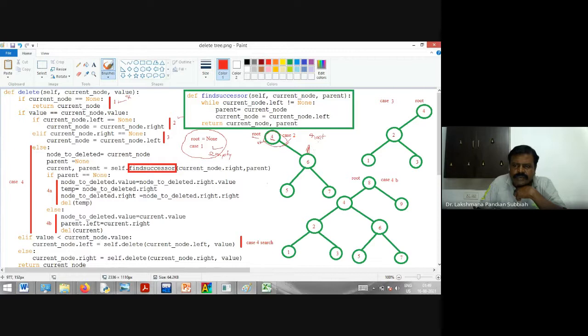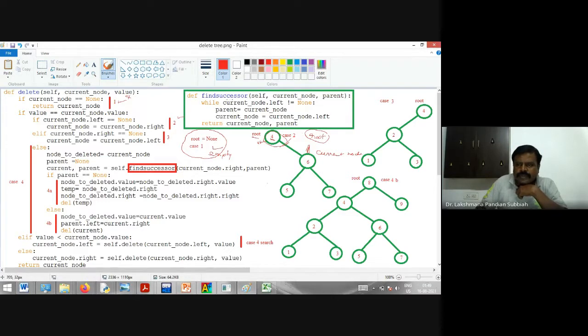So the root is returned now. The current node is here at the end, so it completes, comes out, and returns the current node. The current node's right is now the current node. This current node is returned and assigned to root. So now the root node is this one.